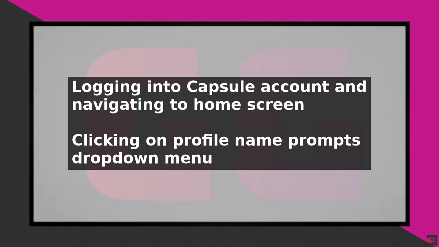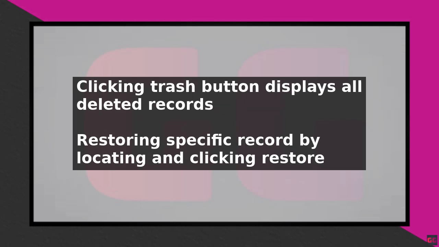Clicking on the trash button will display all deleted records within the Capsule CRM. To restore a specific record, simply locate the desired data and click the Restore button. A pop-up notification will appear, stating that the record is being restored, and an email notification will be sent upon